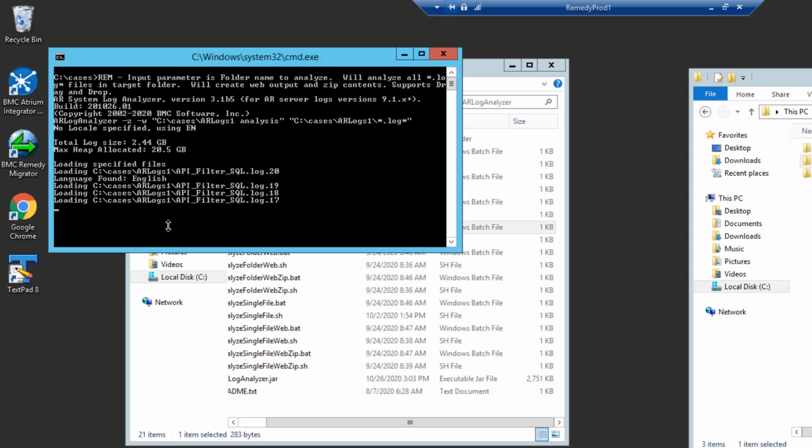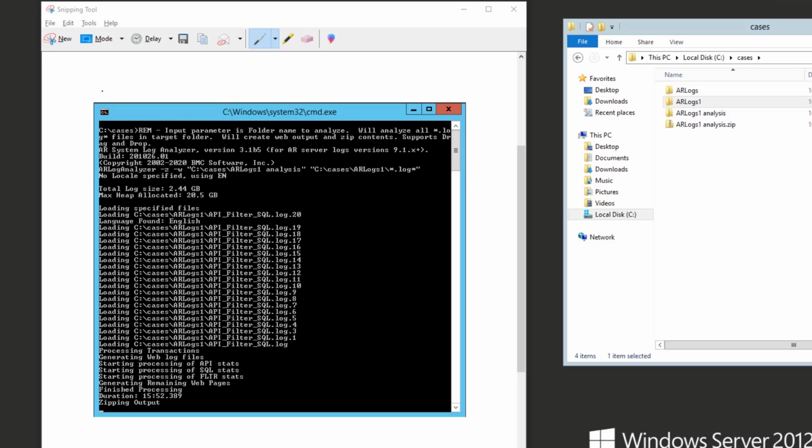So what I'll do is I'll stop looking at this and I'll show you what it looks like after it's complete. Once the batch file is done running using drag and drop, the command prompt will just disappear. So I took a screenshot of what it looked like just so you could see. So it read in all the logs, then it started processing the transactions, it started creating the web log files because I chose web output. Then you can see it's processing the API, SQL, and filters. Then it's generating the remaining web pages, and it tells you it took 15 minutes and 52 seconds to process